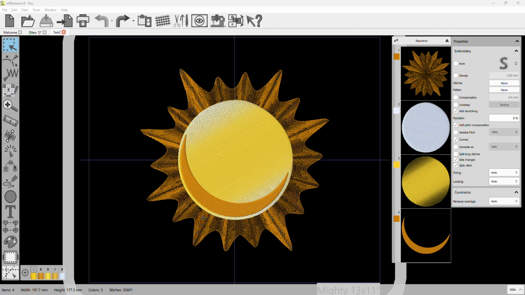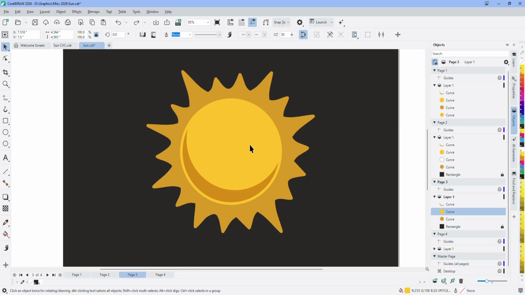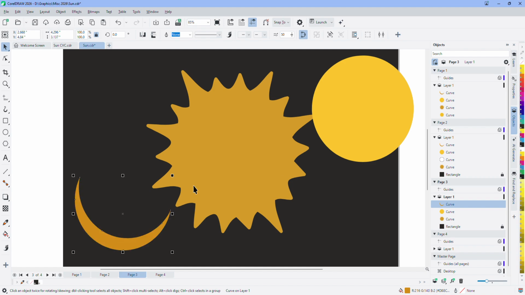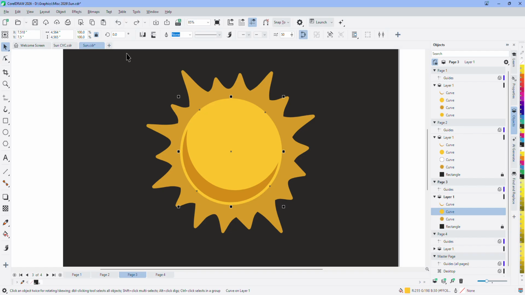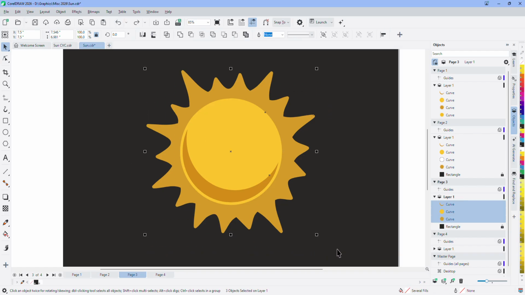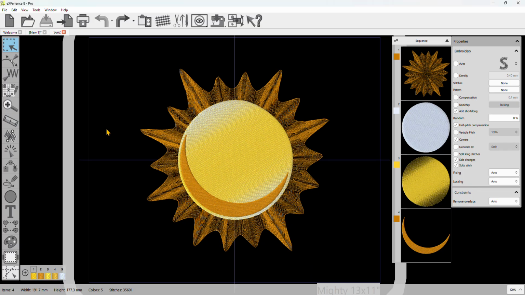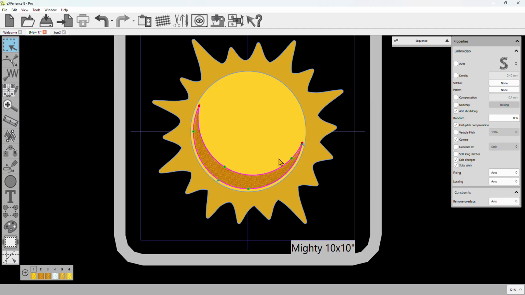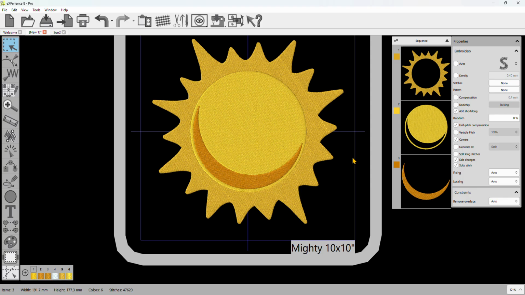Let me get started. In CorelDRAW, I can show you that the design is composed of the sun, the crescent, and the sun's rays. I will select all three objects, press Ctrl-C to copy, come back to Experience 8, go to a clean screen, press Ctrl-V to paste it in, and what we see is that the software has accurately generated stitches for all